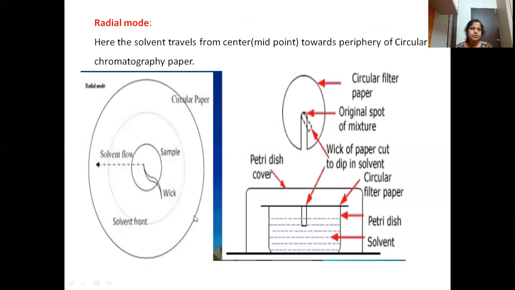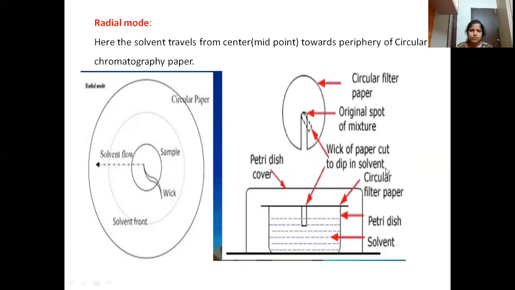take a circular paper, which is circle in shape, round in shape. Now what we have to do is take the filter paper and cut it from the circumference. This is the circumference of the paper. You can see here. So from the circumference, take scissors and then cut till the center of the paper. And then another cut, leave some space, cut that from the circumference till the center. Don't pull off that paper which is being cut. So it should hang at the center. That we call the wick.